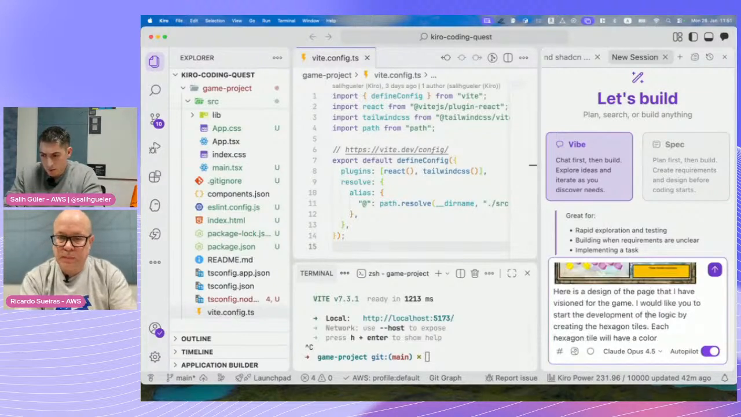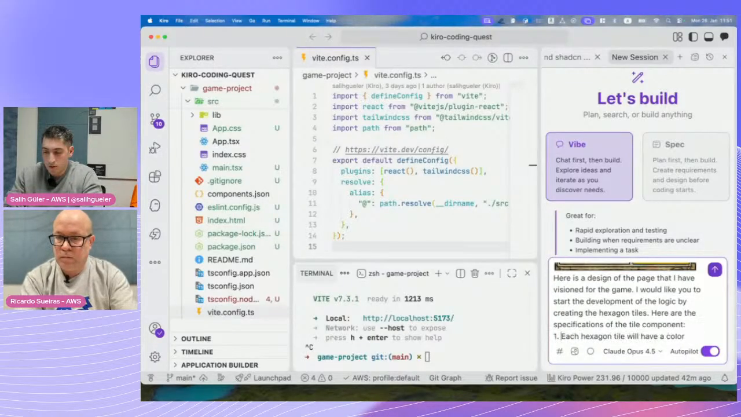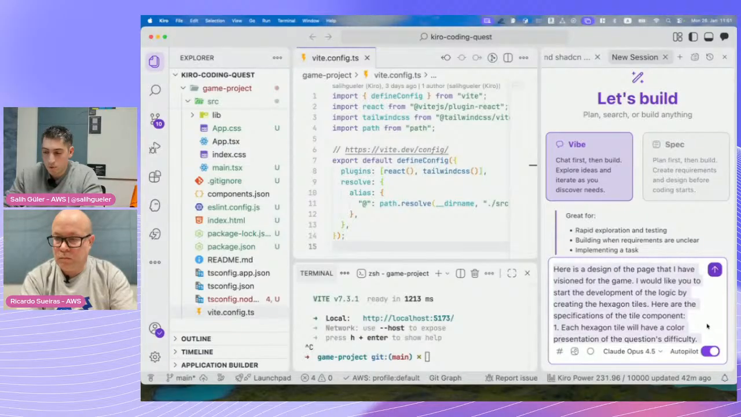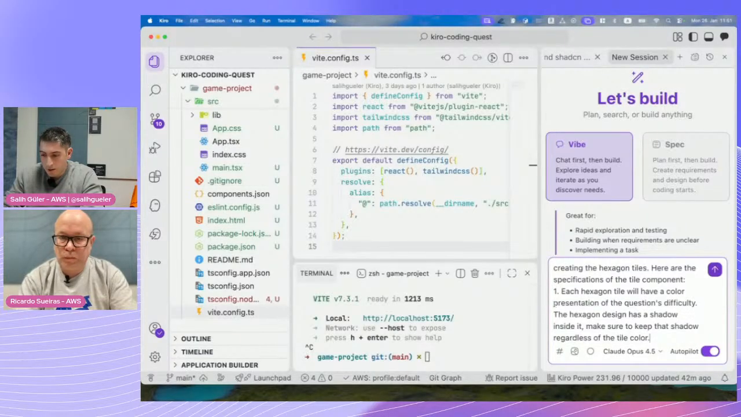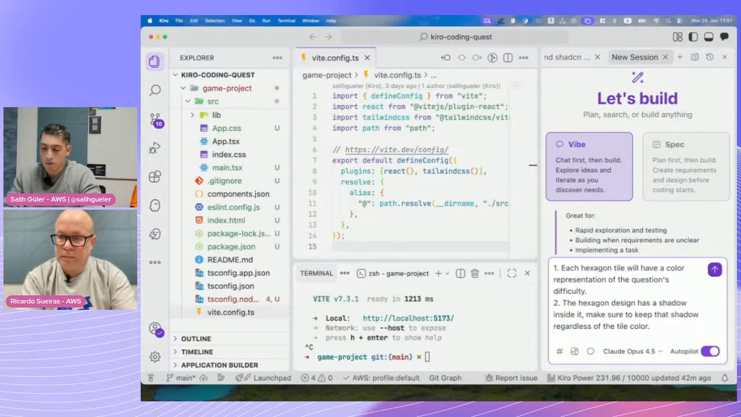So first of all, let me go up. So here are the specifications of the tile component. So first, each hexagon tile will have a color representation of the question's difficulty. The hexagon design has a shadow inside it. Make sure to keep that shadow regardless of the tile color. And after 2, we have 3. And afterwards,